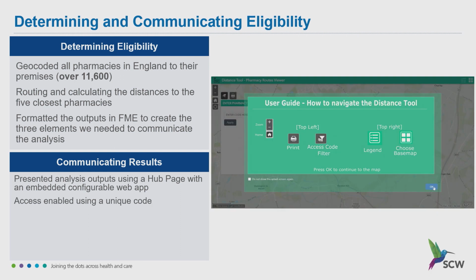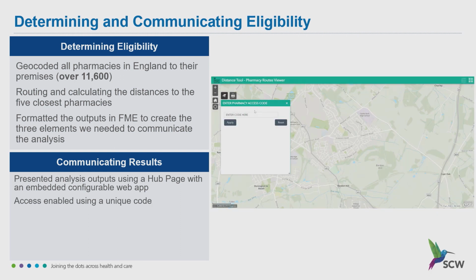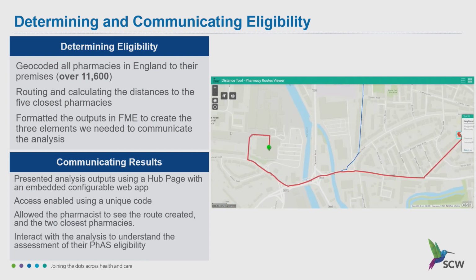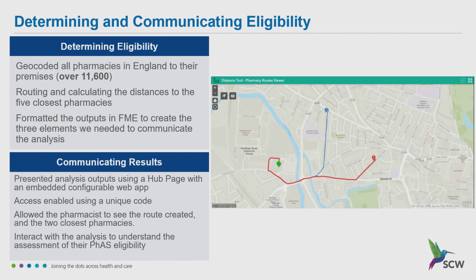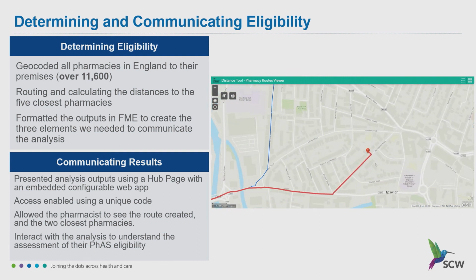So this is the actual tool itself. So these would be presented with just a filter box, and they'd enter in an access code that would be given to them by the Department of Health and Social Care. Let me see me typing in the code. The app then zooms to the relevant geography. So it shows them their pharmacy and also the 2 nearest pharmacies. We had 5, but we showed 2 to not present too much noise to the customer. And as you can see, the